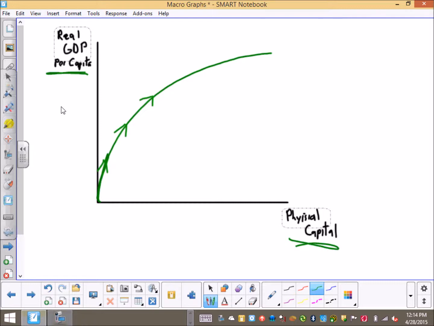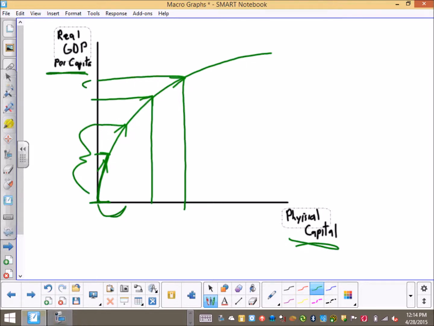As in I add more capital, but let's say I want to add this much more capital, and I go from here to none, and I get a big gap like this. I start adding more capital up here, and I add that much capital again, but the actual gains is only going to be this big, which means I add more and more capital, but the problem with that is my returns will diminish.